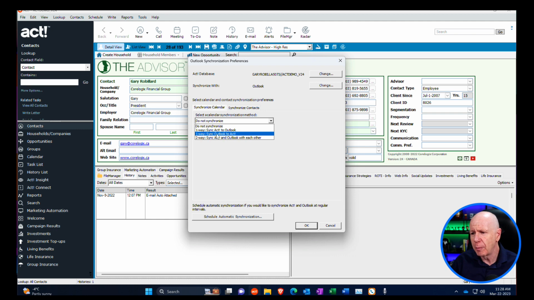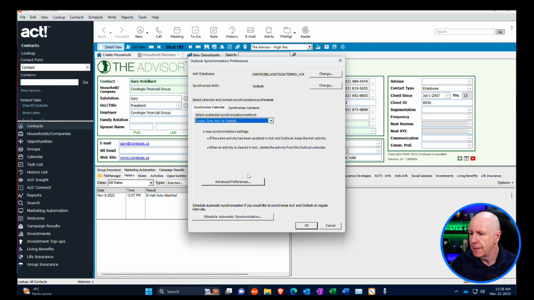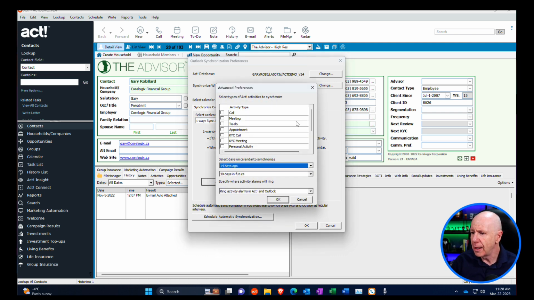I don't have very many people who are using this. And then you have two-way sync. So let's deal with one-way sync first. So one-way sync, and then you go into advanced settings, and then you can choose what information you want synced, or what type of activity types you want. And so you would go through and just check off the ones that you want to be synchronized back and